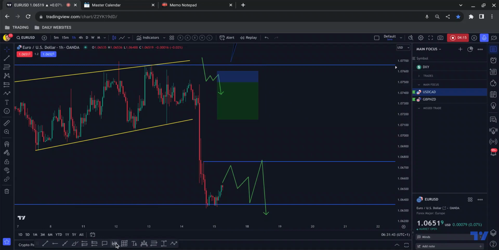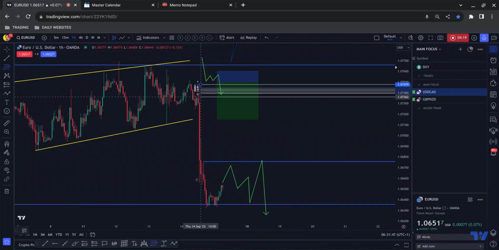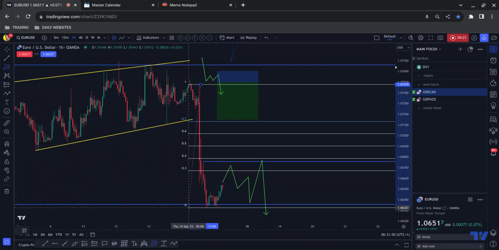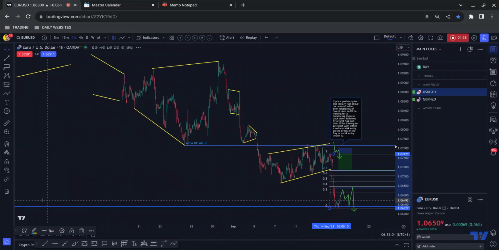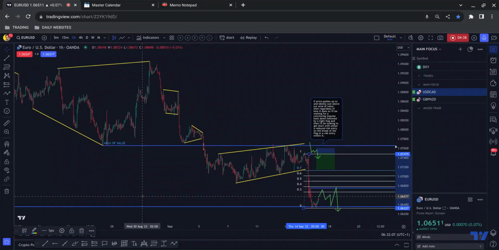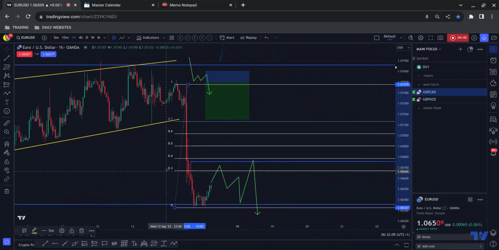And that would also be, if we just take the Fibonacci tool, if we take it from there where the impulse started, that would be a correction which is 40%, which has pulled back 40% of the length of the impulse. So that would be what we call a healthy correction. So that would make more sense. But because we've kind of reacted off of that low, I wouldn't be surprised if price messes around for a while. So anyway, that is euro dollar.